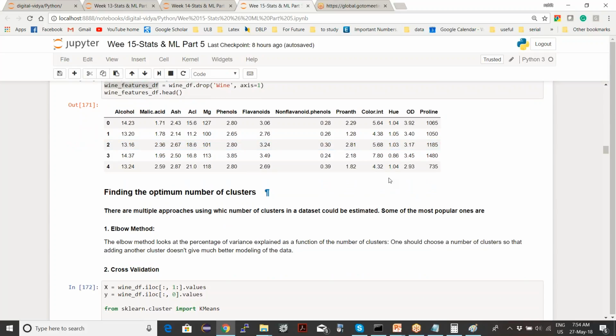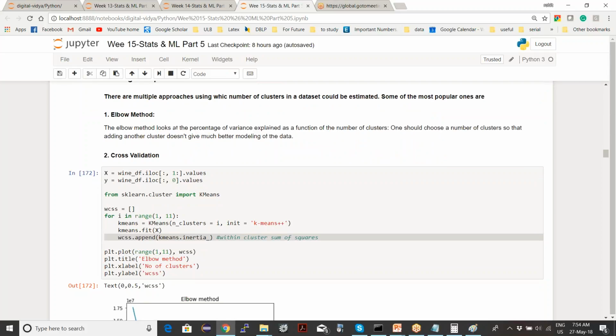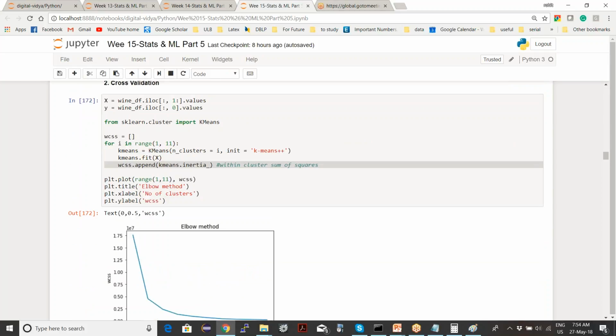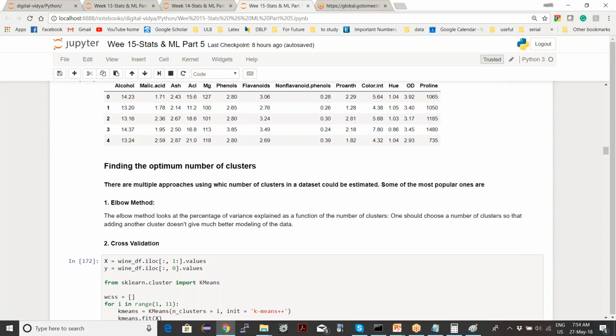But in unsupervised learning, you don't know which variable or feature to drop. So what you could do is feature reduction by combining these features into one or 2 features. It will combine these values and create a new feature for you.